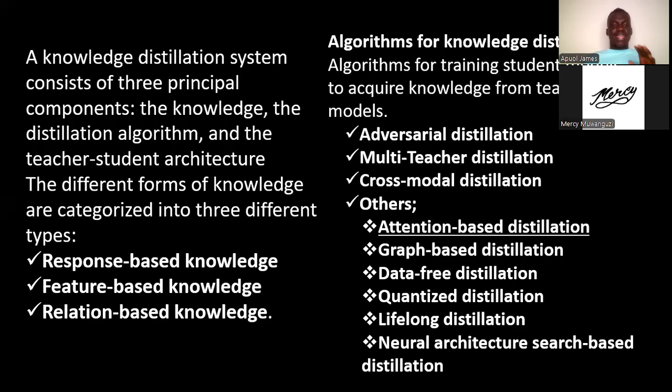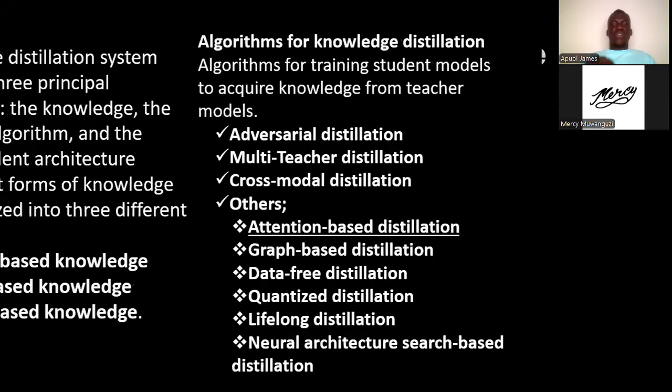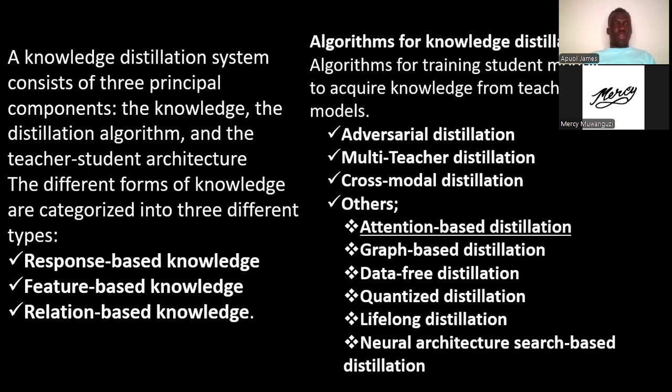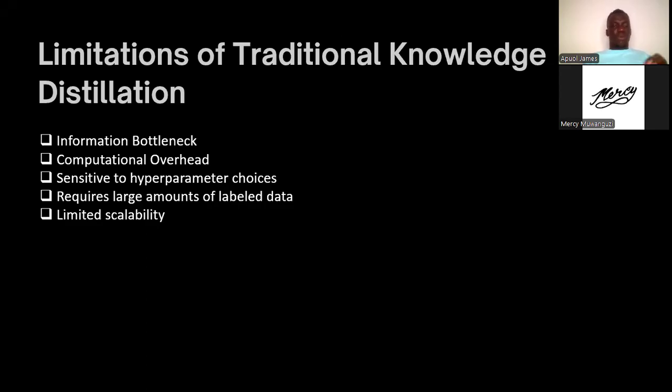distillation. Now, in this case, what we are actually going to talk about mostly is the attention-based knowledge distillation, which is based on transferring knowledge from feature embeddings using attention maps. So let's go to here. First of all, let's talk of the limitations. Why did we bring in the modern knowledge distillations other than using the traditional knowledge distillations? Well, there were some limitations that were seen in the traditional knowledge distillation, which we are actually seeing on the